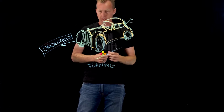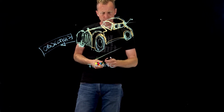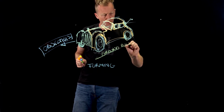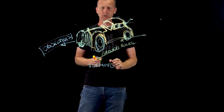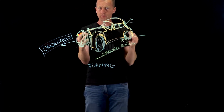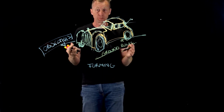The second thing to think about is the ground rules. Okay, how does this team work? Where will this team take us? Is this a four-wheel drive? Do we have the clearance? What are the rules about how we work with one another? What are the rules around the organization? All of that kind of thing. So it's quite normal in the forming stage to feel like an idiot, to be honest, because you're just starting